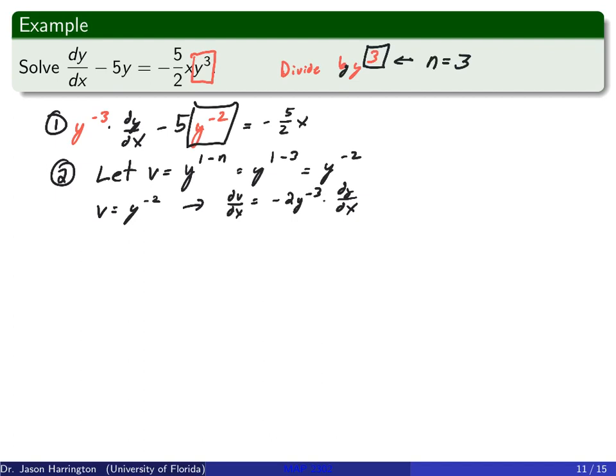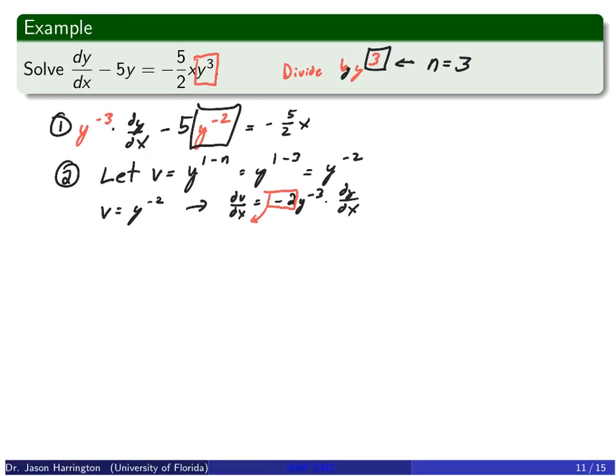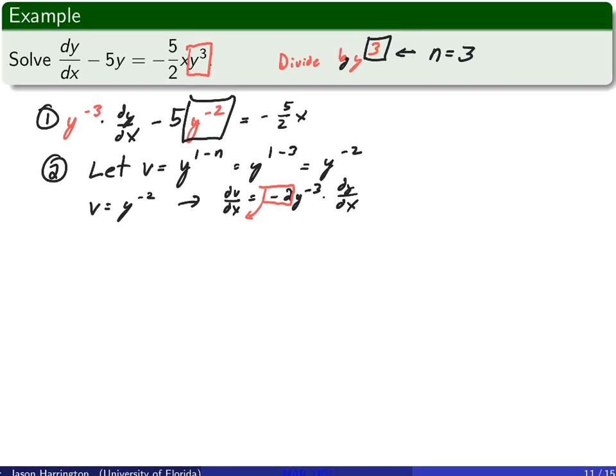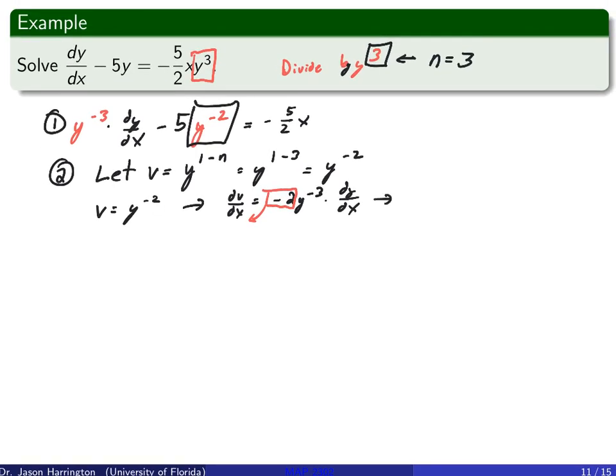All right, now I want to bring that negative 2 to the other side. Also, that kind of makes it a little bit easier. So now I'm going to have that equal to negative 1/2 dv over dx is equal to y to the negative 3 dy over dx. Cool. Then 3, I just substitute everything I know. So I'm going to substitute.